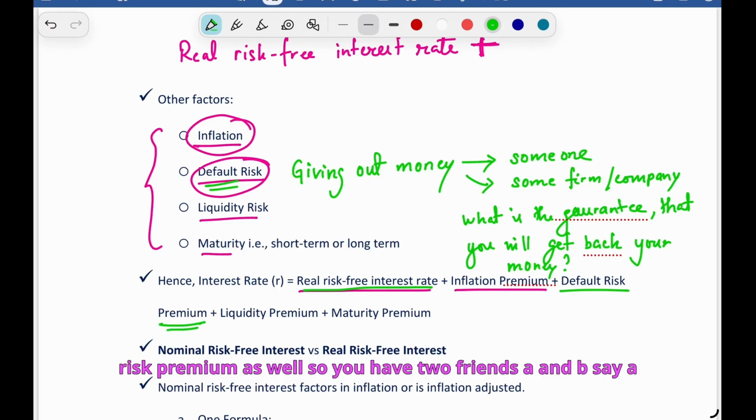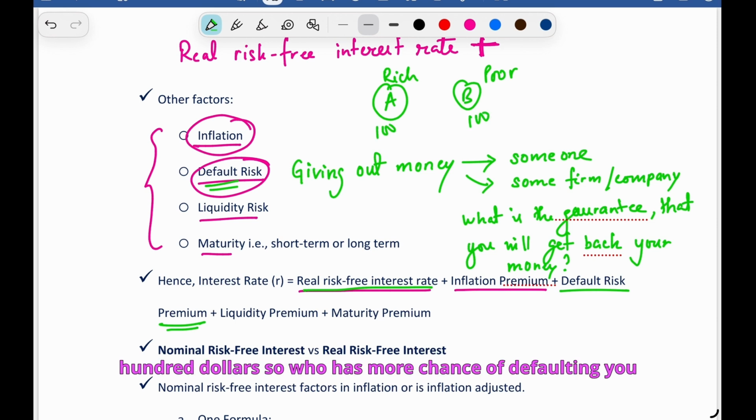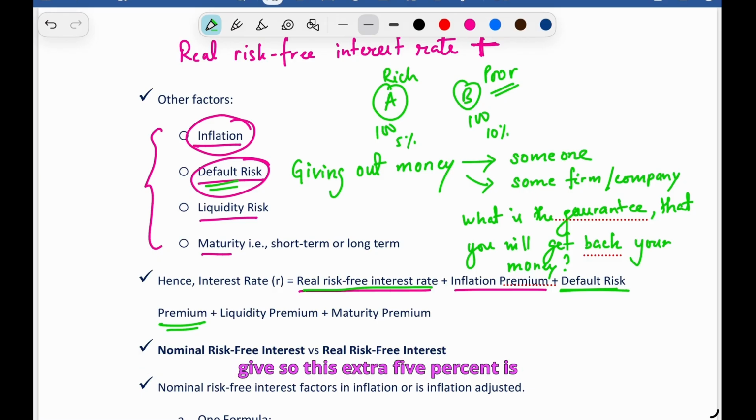risk premium as well. So you have two friends, A and B. Say A is rich, B is poor, and you give them both $100. So who has more chance of defaulting? You will say that B has more chance of defaulting. So accordingly, for the default risk premium, you might be charging him like 5% interest rate. Here you will say, I will only give you money when you are able to give me an attractive interest rate. So say 10%, then only I'll give. So this extra 5% is